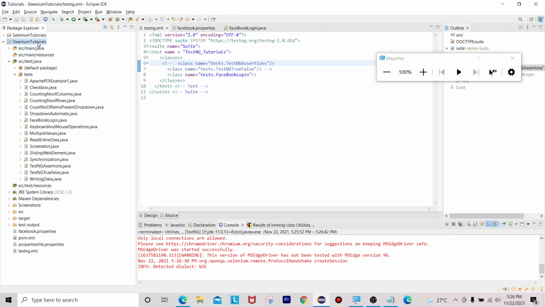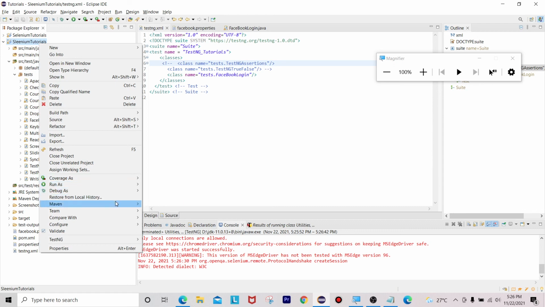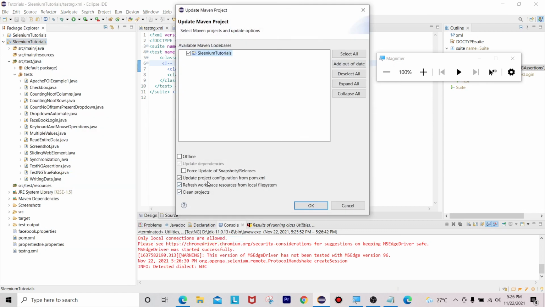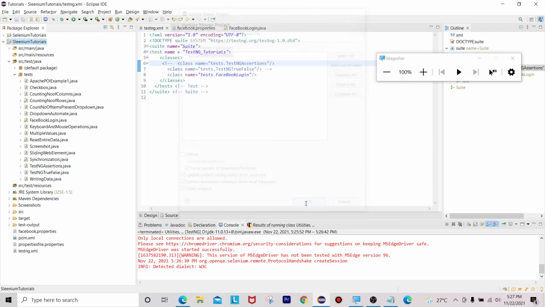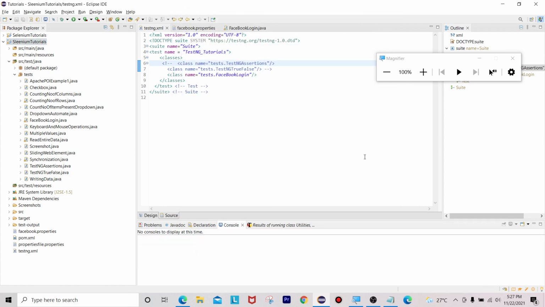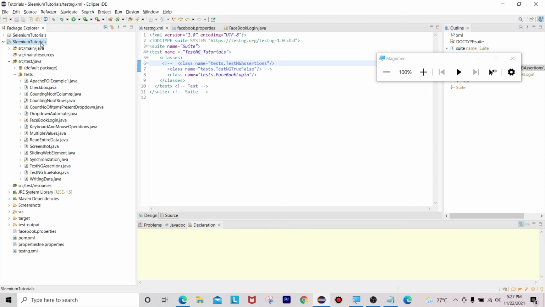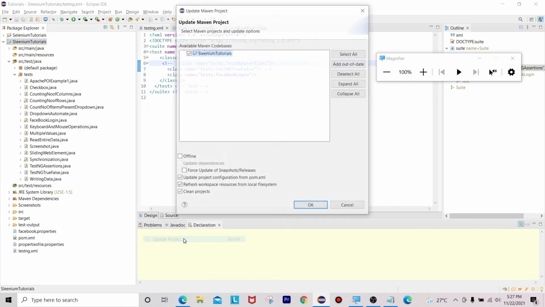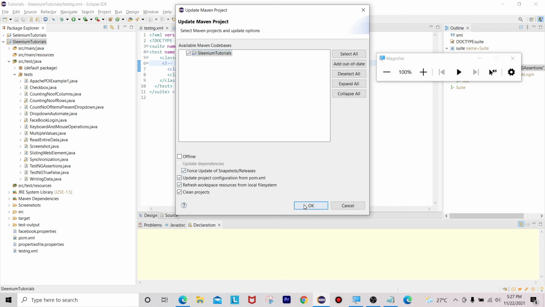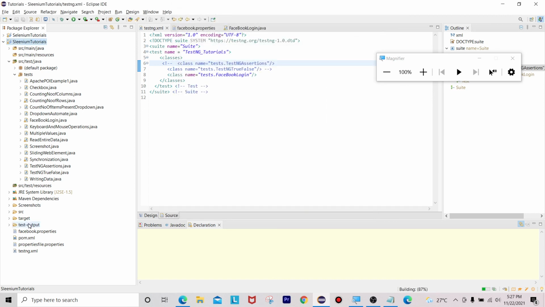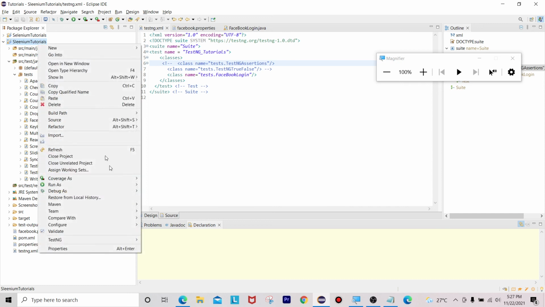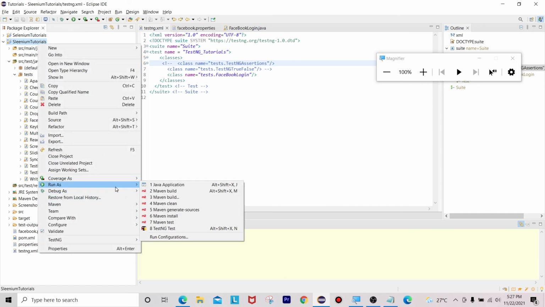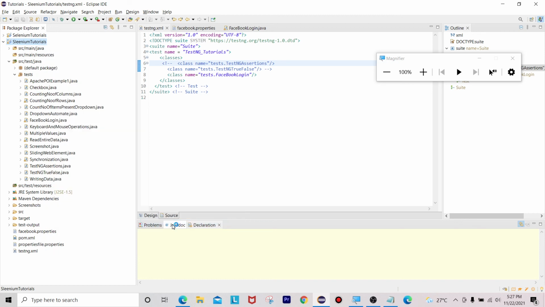Okay, let me update Maven update project, force update of snapshots. Okay, test start. Let me update it one more time, Maven update project, force update. Okay, let me run it one time, we'll see. It is running our previous classes also. I don't want that one now.